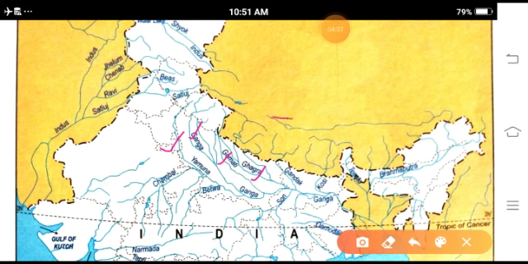In China it is named the Tsangpo, and when it comes into Assam it is known as the Brahmaputra. These are the rivers in your course of the Indo-Gangetic plains area, and one in Assam.